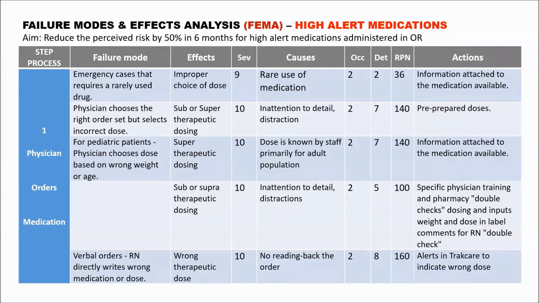I want you to make a very simple edition on this very good FMEA to make the ordering according to the highest risk priority number, then lower, then lower, then lower. Okay. So at first you make the verbal orders number 1, then the physician chooses, and for pediatrics number 2 and 3, then number 4,